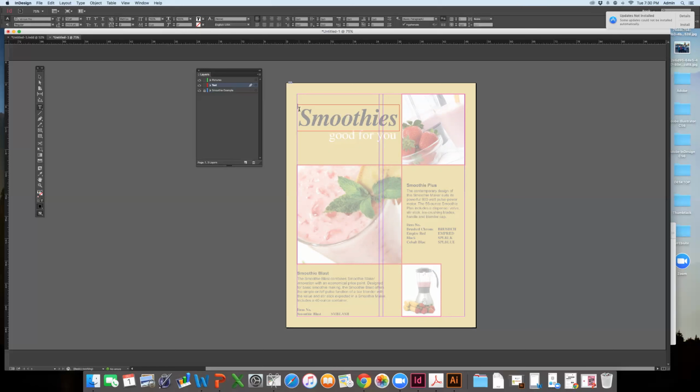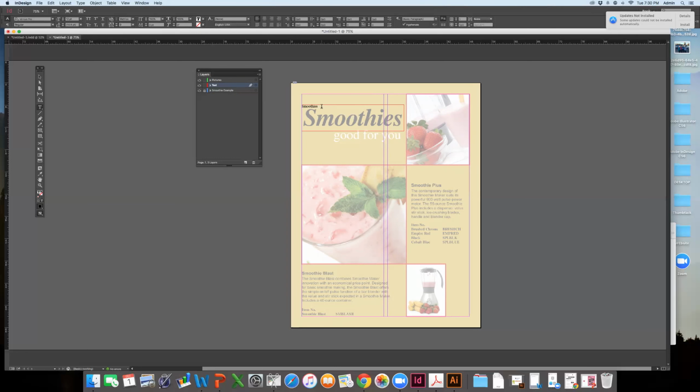Okay, you should see a blinking cursor in your text box. I'm going to type the name smoothies. If I click and drag to highlight the text, or with the cursor blinking, you can hit Command A. What that does is it highlights everything within your text box. It's a very helpful keyboard shortcut. So smoothies,